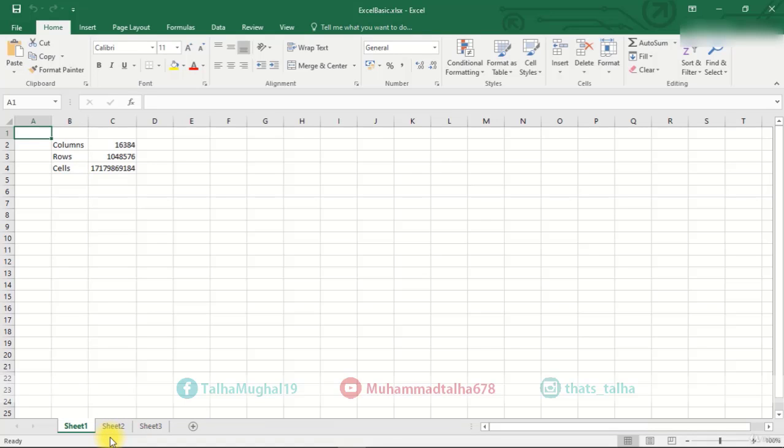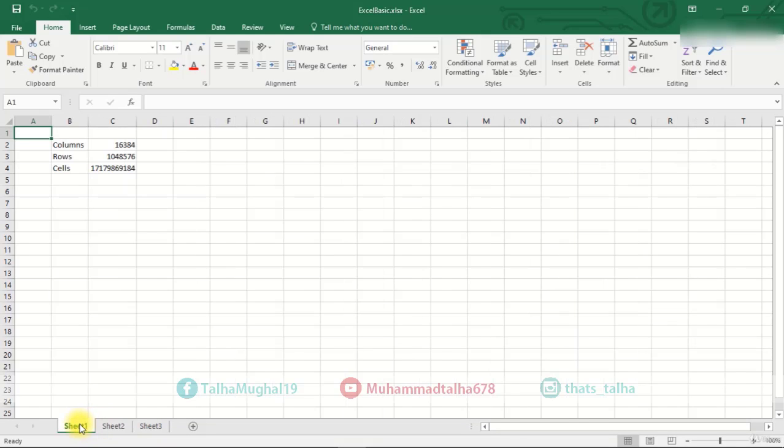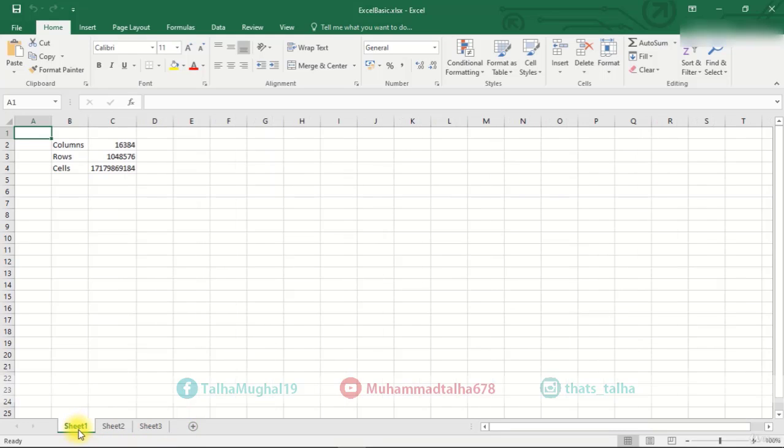Suppose you want to maintain performance record of students of standard 8th. So your workbook will be for the standard 8th, and in the workbook you can have each sheet for each subject. So sheet 1 can hold data for English, sheet 2 for maths, sheet 3 for science and so on. In this way your data will be well organized.